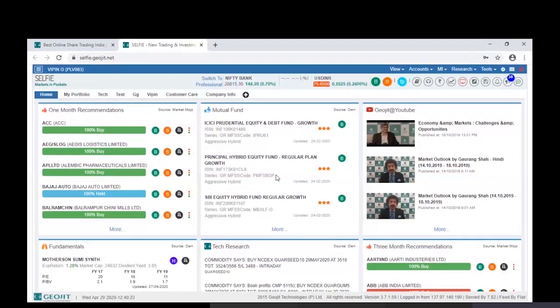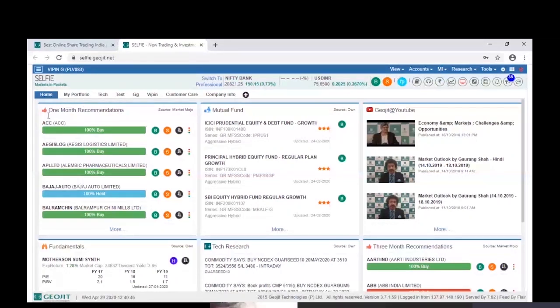Now, once you log in, this is called the dashboard. In this dashboard, you get a lot of insights about your investment: where you can invest, which are the good shares to invest in, etc. This is one of the dashboards wherein you